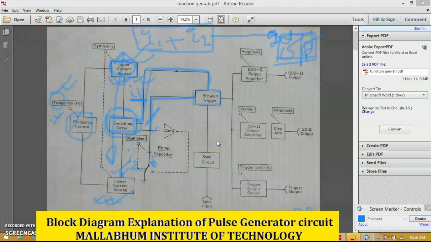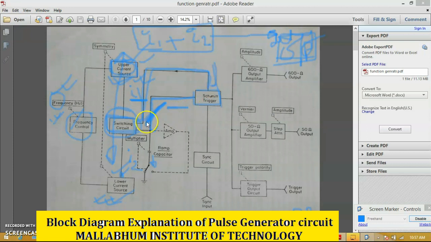Okay, now whenever this I1 is increasing, then the capacitor voltage starts to rise. Now there is a predetermined level in the circuit. As soon as the capacitor voltage reaches that level, whenever the capacitor voltage starts to rise in that way, the Schmitt trigger voltage according to the circuit arrangement starts to rise like that, or maybe starts to fall like that, whatever may be the circuit arrangement. Suppose it starts to rise like that.